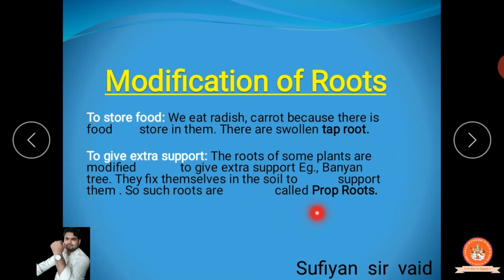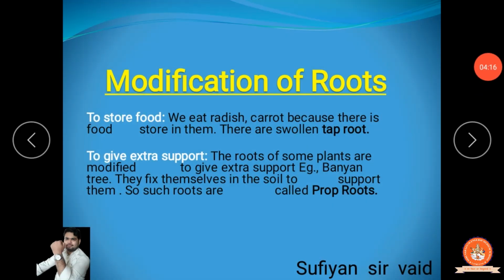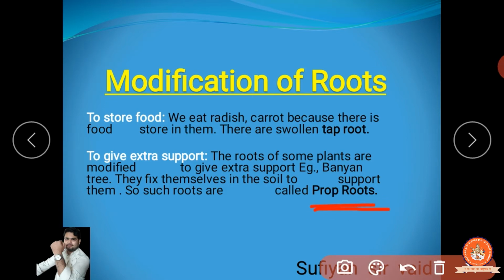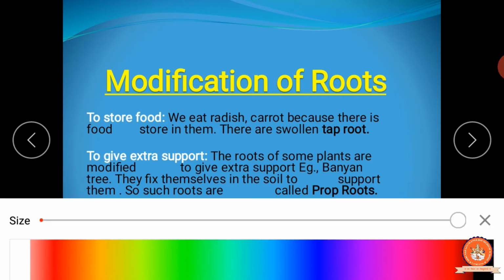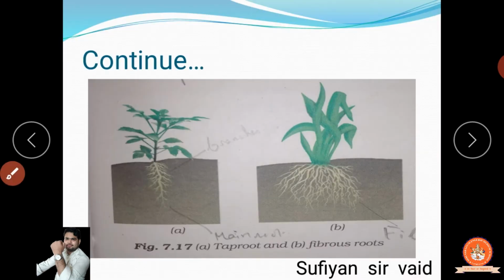So this type of tree is known as what? It's known as a prop tree. Clear? Okay. So this is a prop tree. We can make it a different color with a highlighter so we can get it. Okay. It's a prop root. Clear? Okay. Now we can see here that